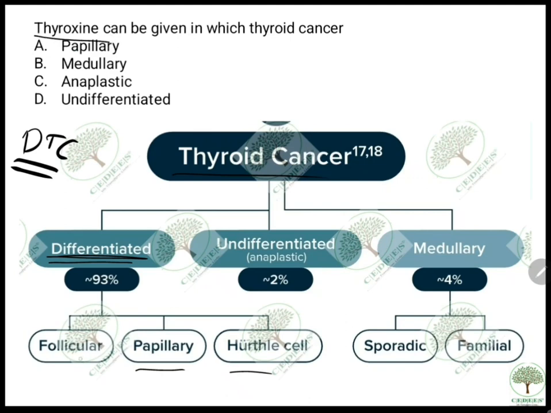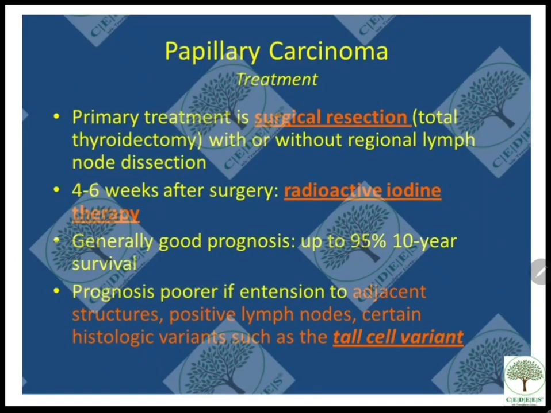So to answer the question here, it would obviously be the papillary kind. Now why is this thyroxine given? For any kind of cancer, like I said, we have to do a surgical resection, and along with that we have to take out all or most of that organ. So normally a total thyroidectomy or a subtotal thyroidectomy is done, followed by the RAI, which I spoke about,